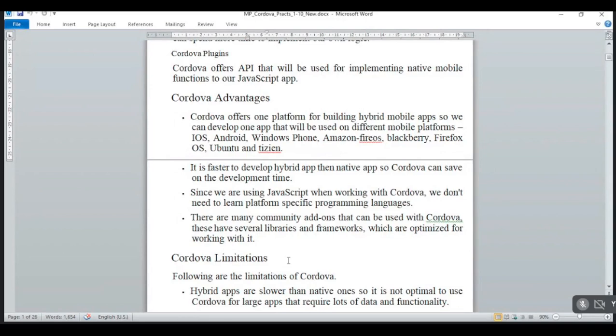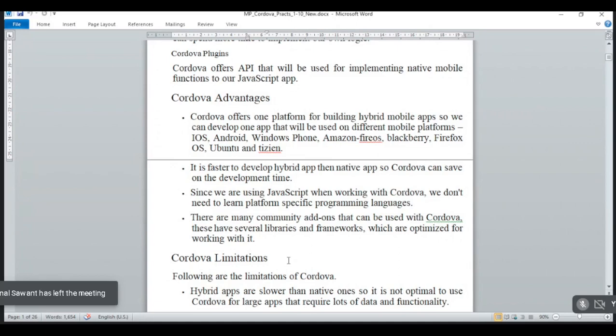Second, it is much faster to develop your hybrid app. Third, we are using JavaScript, so with Cordova we don't need to learn platform-specific programming languages. Also, there are many community add-ons that can be used with Cordova, such as libraries and different frameworks, which are optimized for working with it. These are the advantages of Cordova.